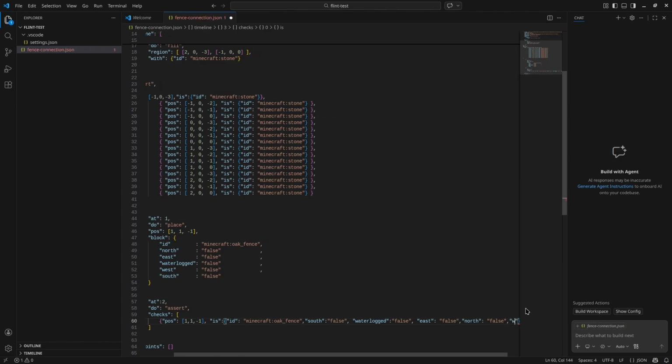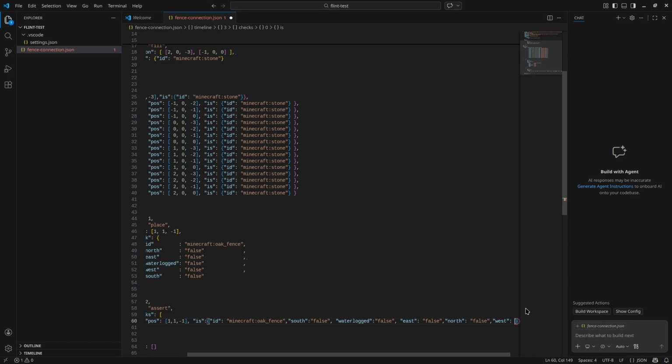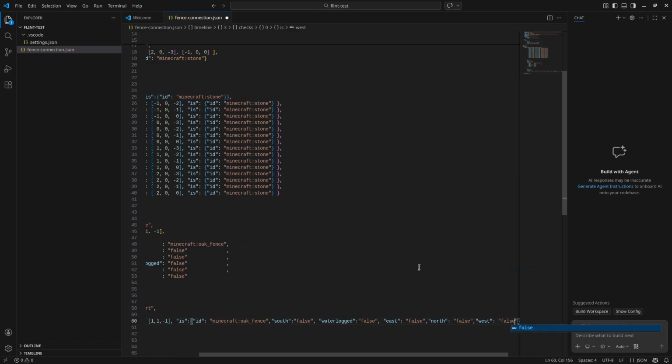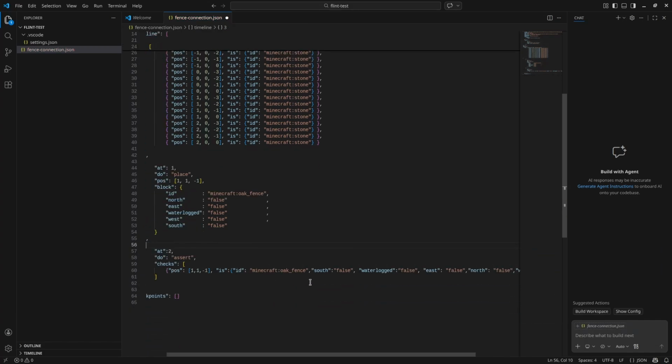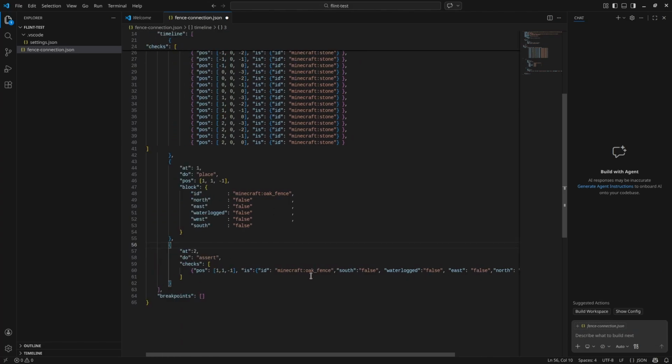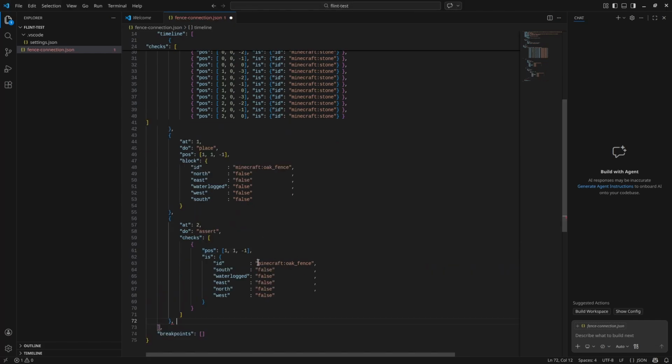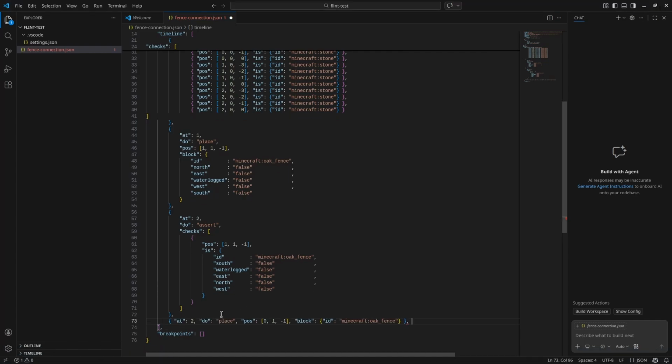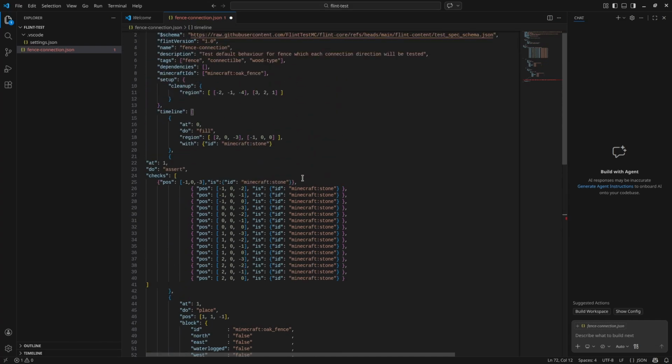And we have our west, and this is also false. So for example, that will be a fully handwritten thing, and I already have it prepared. It's better formatted directly. So currently, what we will do is place a new fence, in the format which I said. We have no properties here because we want a default behavior with default properties. That means no connection, like what we enforce here